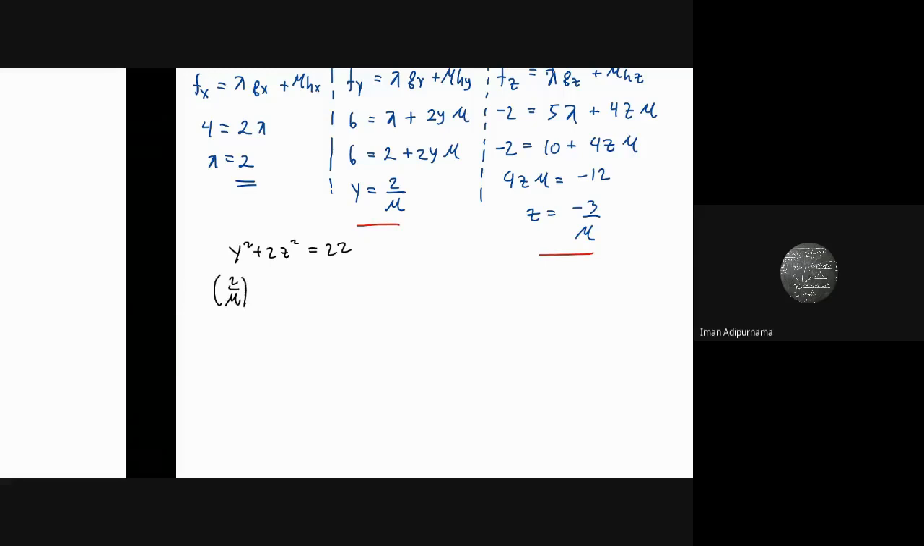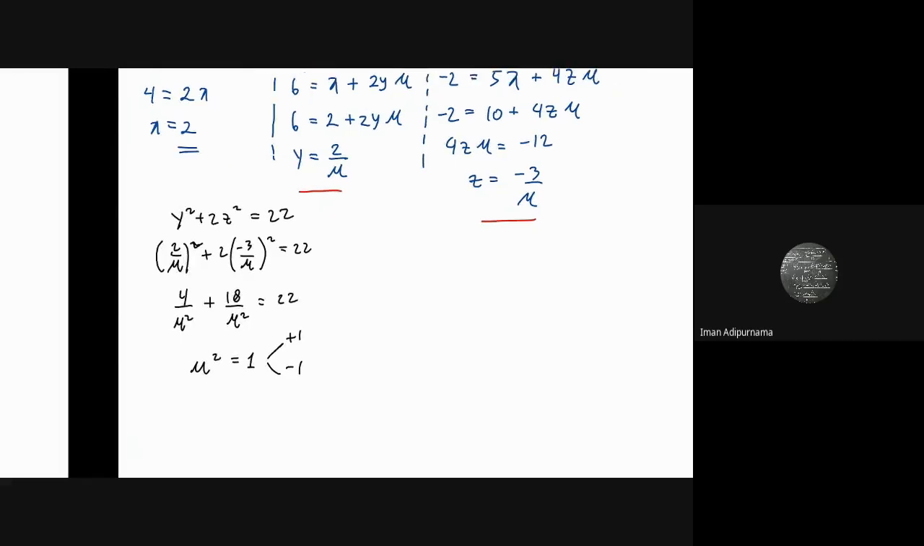So this will be 4 over mu squared plus 18 over mu squared, and this is 22, right? So mu squared is 1. So we can have plus or minus 1 for mu. And we have another possibility, right? So for mu positive 1,